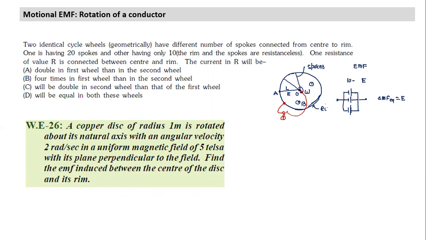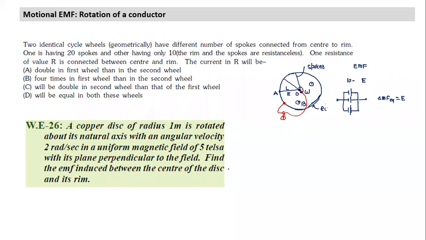If they are metal, yes, it will light up. So current in R, if one resistance is connected, yes. So this arrangement. And this question: if a copper disc of radius R is rotated with angular velocity omega in this uniform magnetic field, find the EMF between the center of the disc and the rim. If it is a disc it will also be the same, and if it is a rod of length R, also the same.